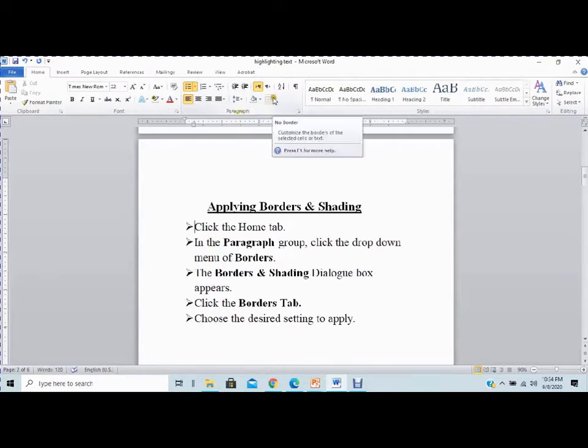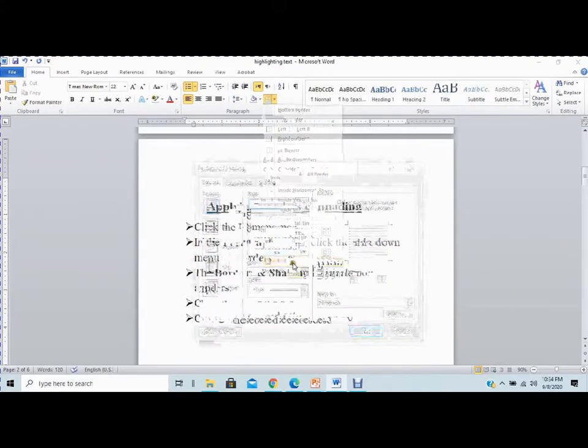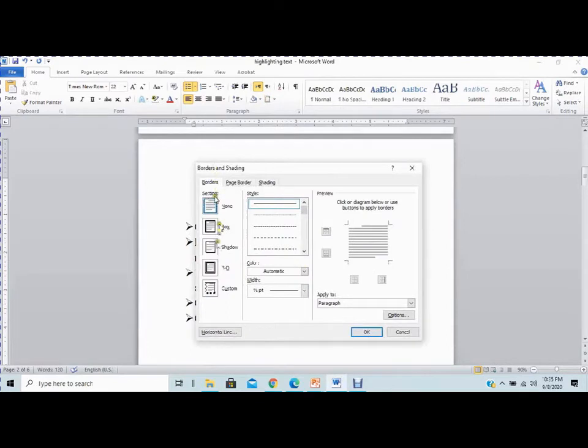From here, this is the borders option, borders and shading. I will click on this drop down menu, and in the last you can see this is the option of border and shading. When I click this one, the borders tab opens, and from here I can select the border of my paragraph, box or page.